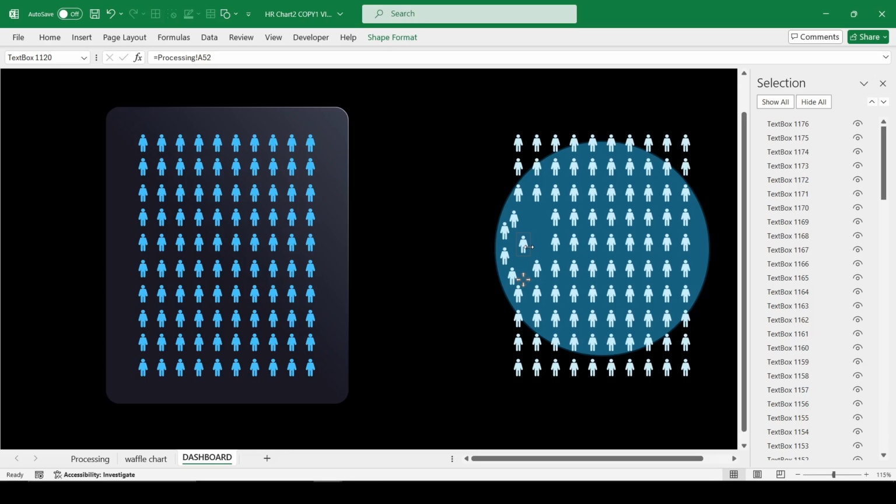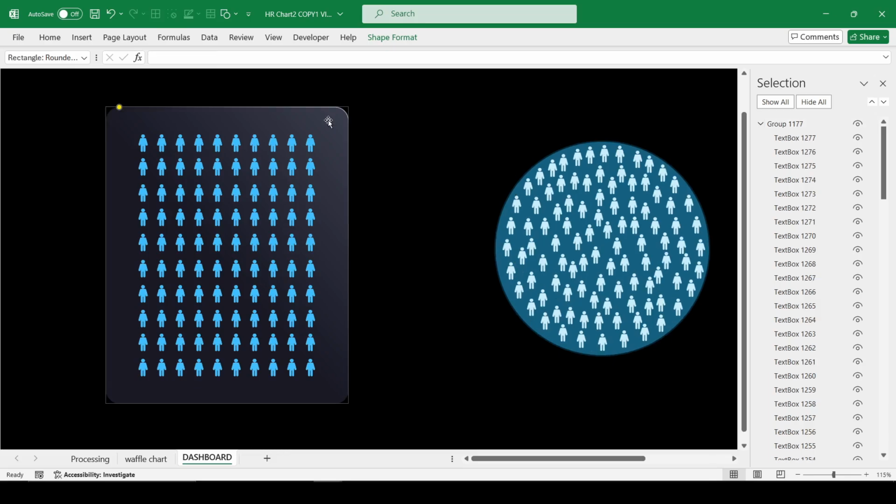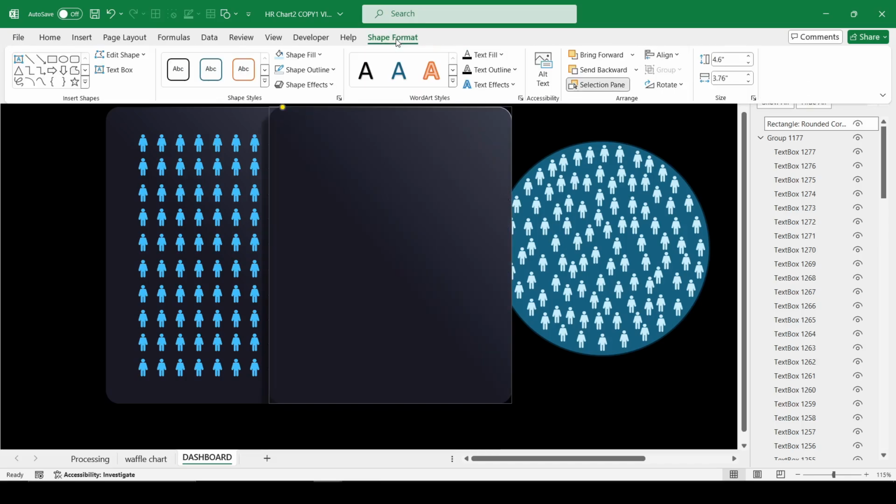Overlay and center the two text box legions with person icons on top of each other. Place a copy of the rectangle in the background under the round groups.